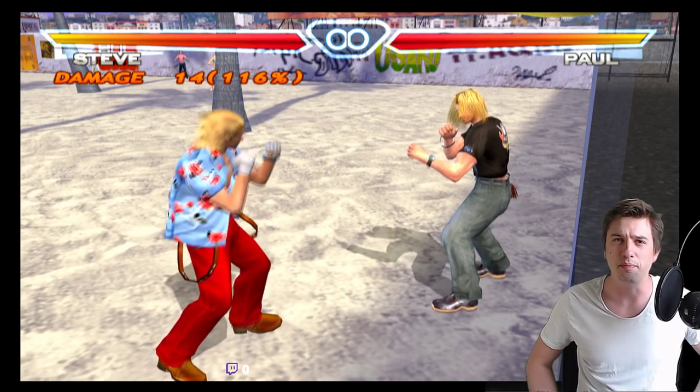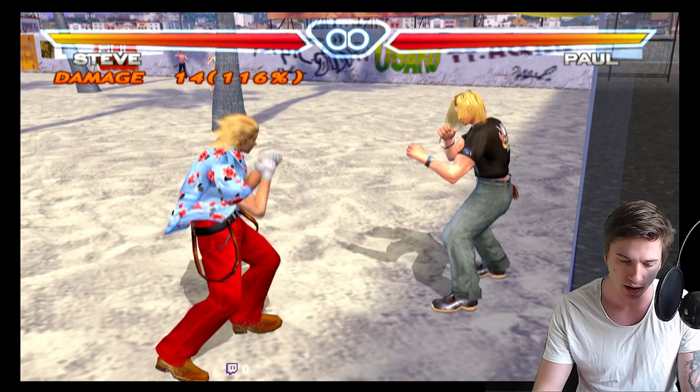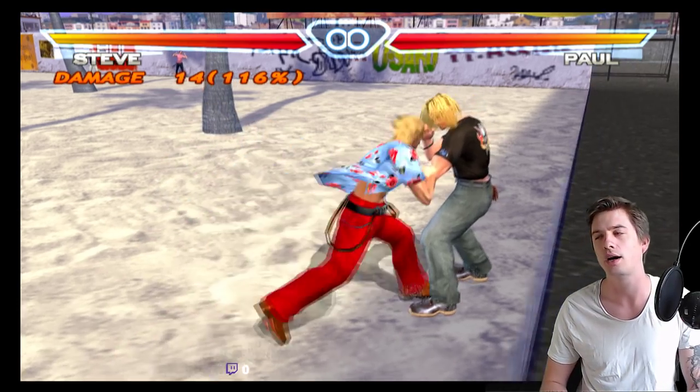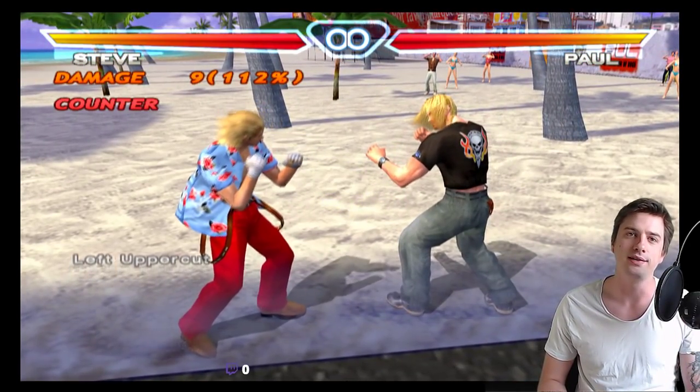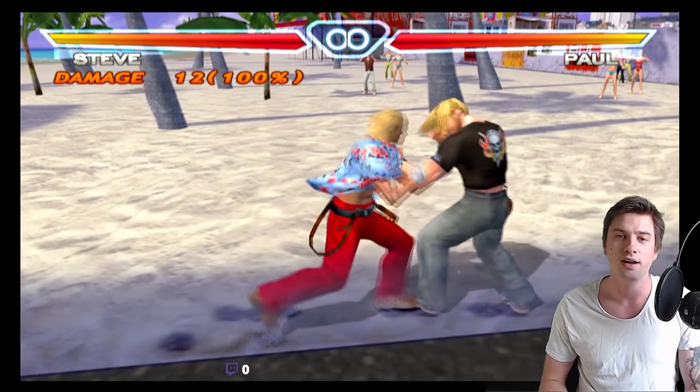Just the back one is absurd in this game. And then I'm gonna show you guys. Oh god. You know, it's downward 1. Downward 1 2 is a natural combo. It's still like this today. But